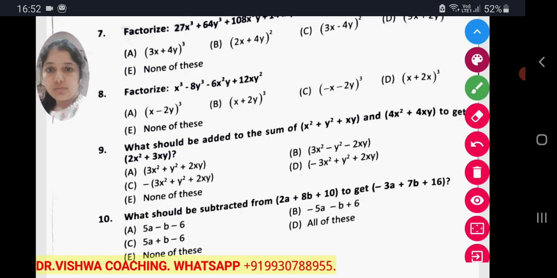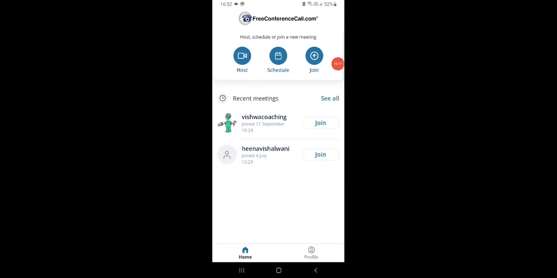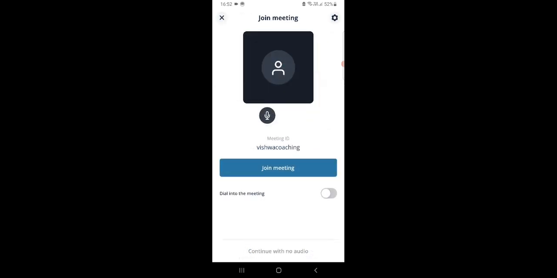So A plus x square plus y square plus xy plus 4x square plus 4xy, and it becomes equal to